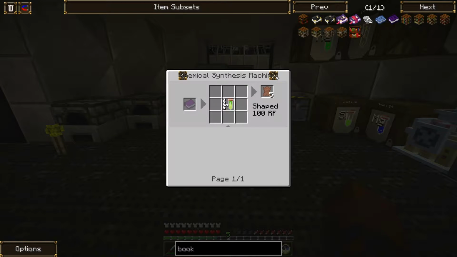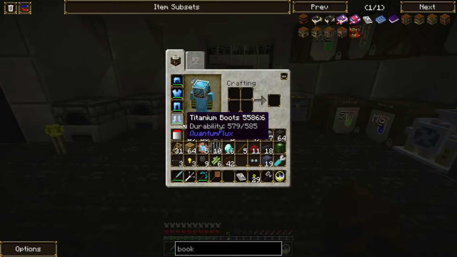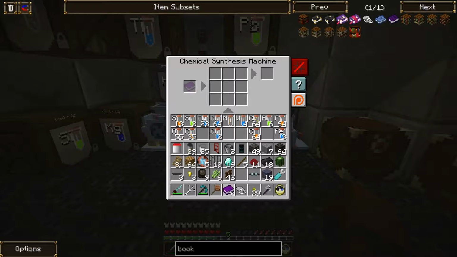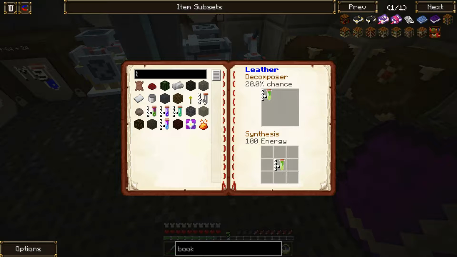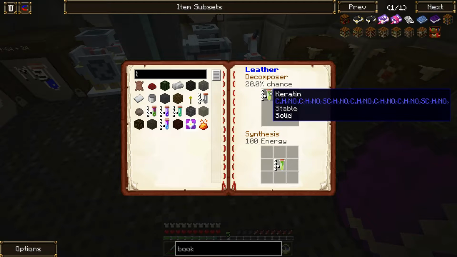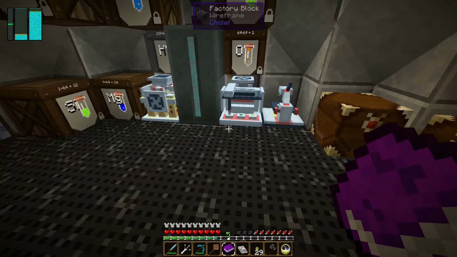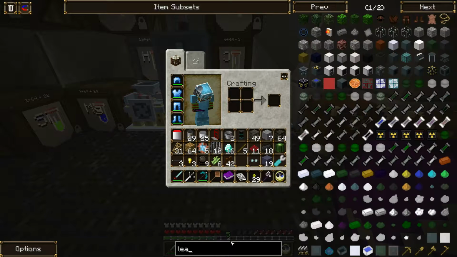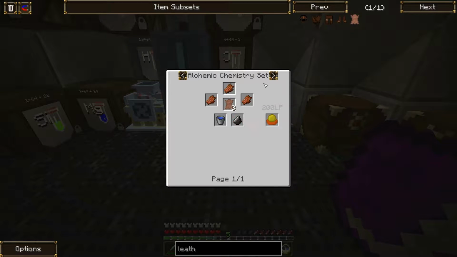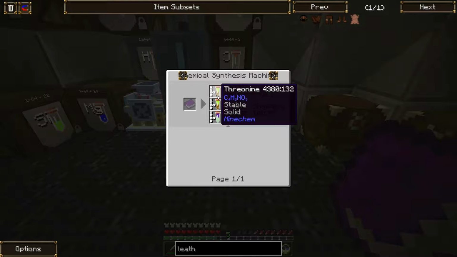So I don't have an awful lot of leather. I guess it's not really that hard, but it's quite annoying. Okay, so leather, which is made of that which I never actually scanned. Well, it appears I've made a mistake. Okay, so then leather. And it's made from this, and that's made with